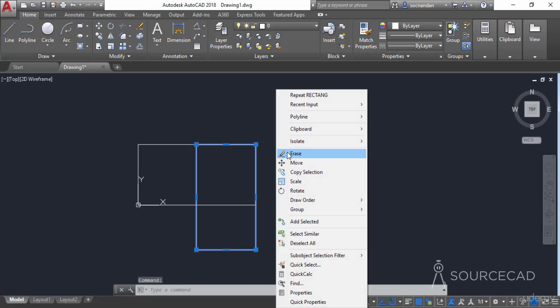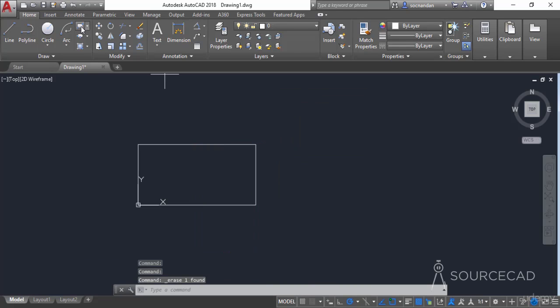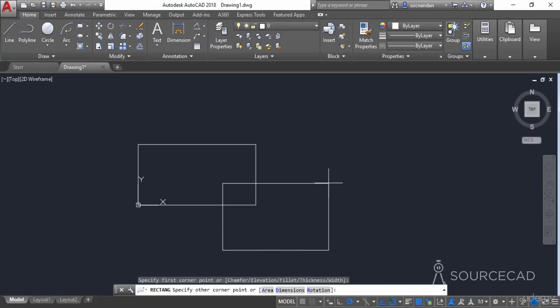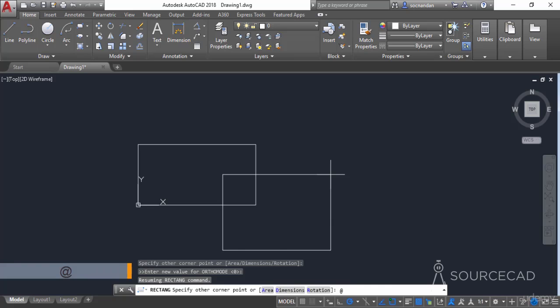So now I'll erase this rectangle and I'll start the rectangle tool. Now again, I'll click anywhere in the drawing area. And now obviously, if you want to make a rectangle with length of 10 and width of 5 in such a way that it does not start from the origin, then you need to add this @ sign. So this @ sign will tell AutoCAD that the origin point is this one, the original point on which we have clicked to start this rectangle.